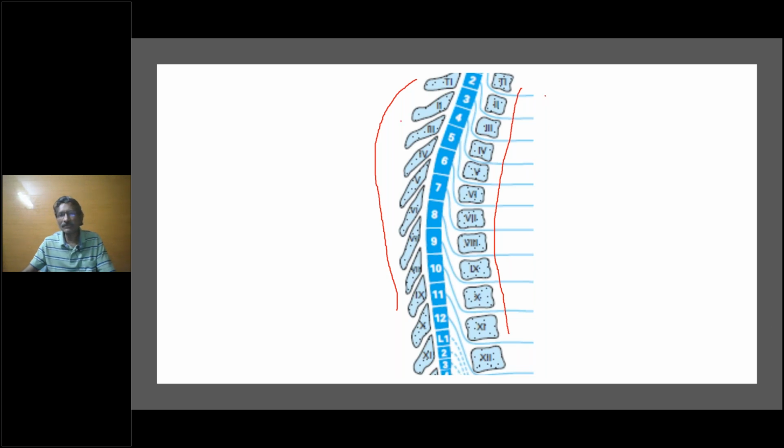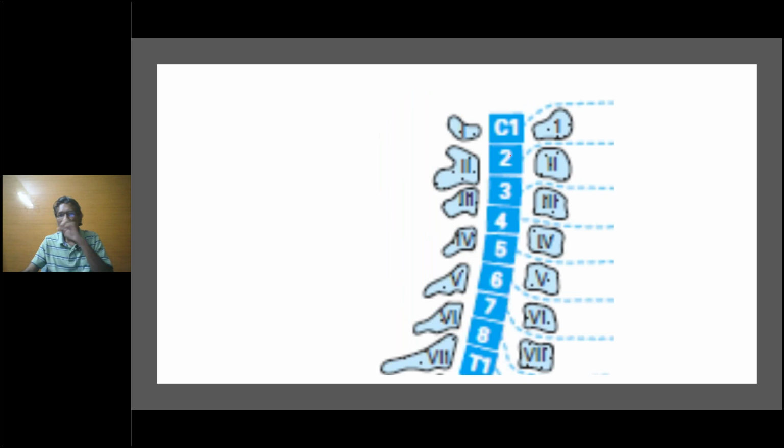Okay. So this curvature is quite significantly important. If you look carefully here, it is very much different from what is given in the books. I'll just go back to the cervical, you will understand. See, the cervical curvature is reasonably straight. If you look at this curvature, the vertebral bodies are very much straight. If I put a line, it comes as a straight line.